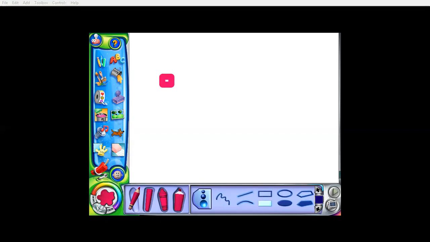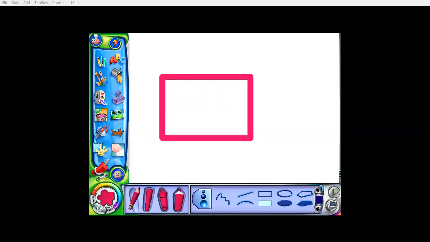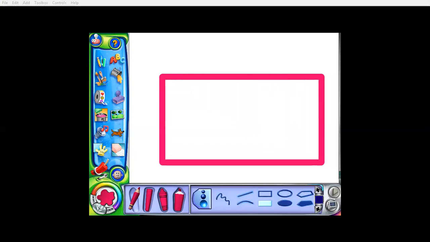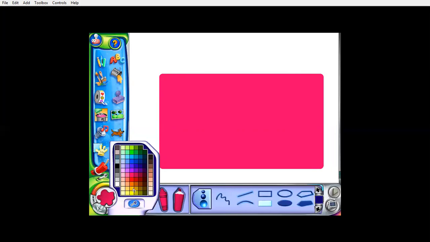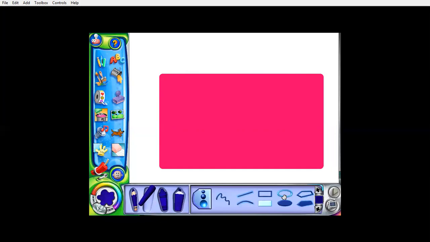What I will do is click the left button of the mouse and drag it as big as I want. Can you see that I have made a big rectangle and it has filled with pink color? Why is it being filled? Because I've chosen it like this only. Yes or no? Let us take a crayon, but I will change the color. Let us change the color to blue. Okay. Let us take a rectangle and take an unfilled oval.